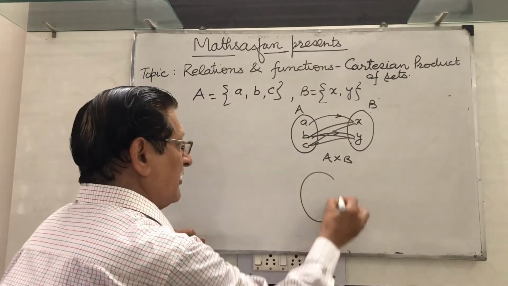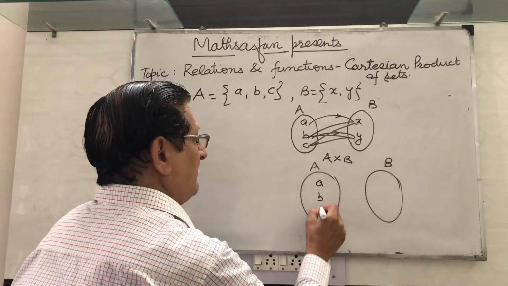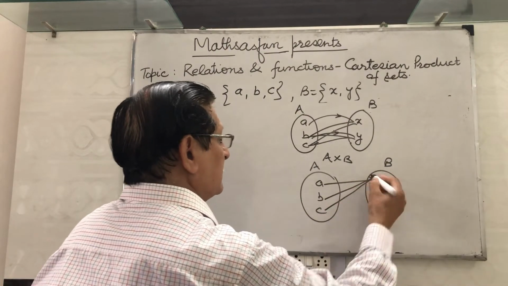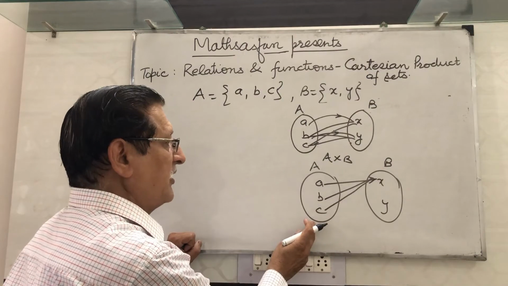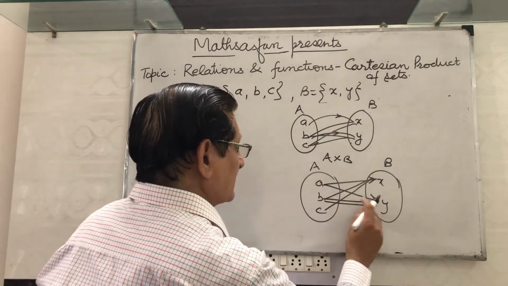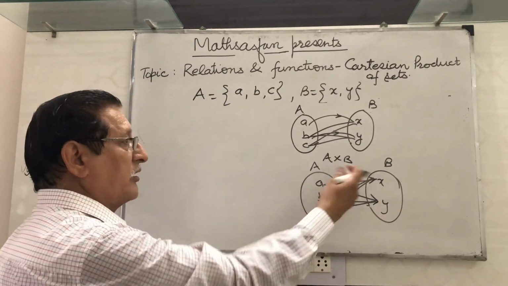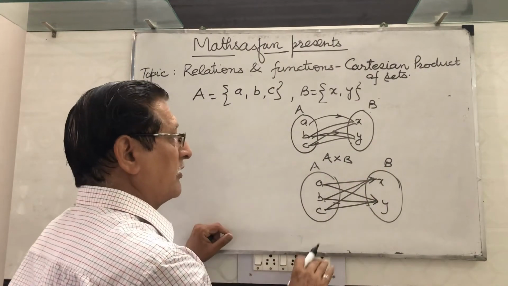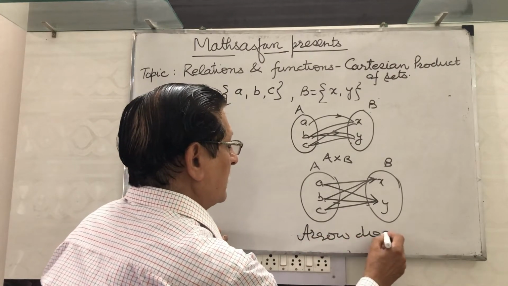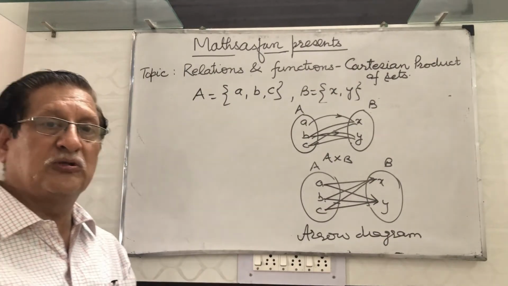It means we can draw the figure again in a nice way. Suppose this is a, b, c, this is x, y. a is connected to x, b is also connected, and c is also connected, because all three ordered pairs we are getting from a, b, c, then from a, b, c with y. Since we are representing this in the form of arrows, we are connecting them with arrows. So this Venn diagram is not only known as a Venn diagram, it is called the arrow diagram, representing A cross B and B cross A. Now we have learnt about the representation.